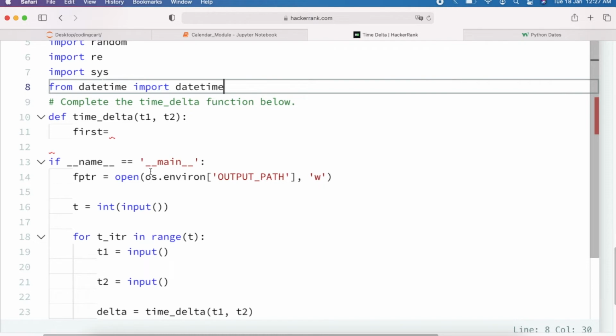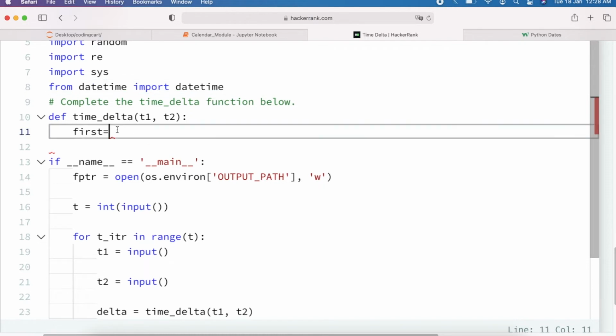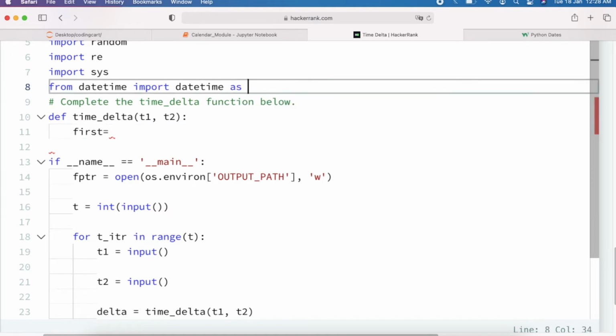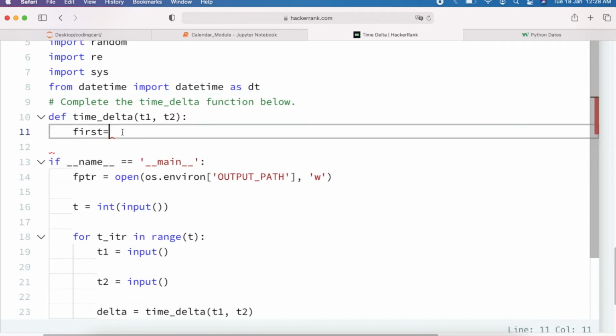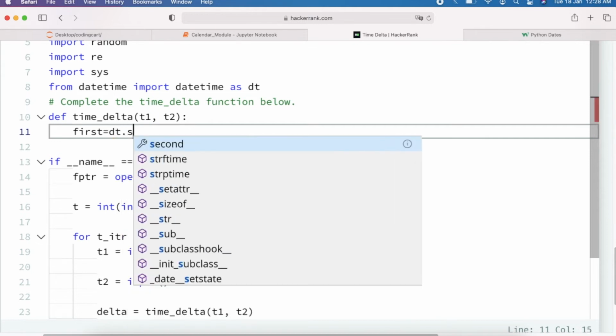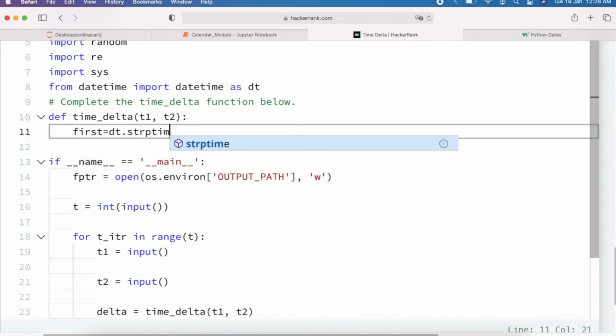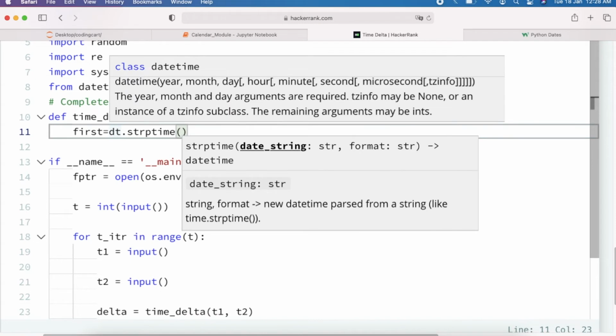Okay, now suppose for the first date we have to use our logic, first date as dt. Now first equal to dt.strptime, correct.